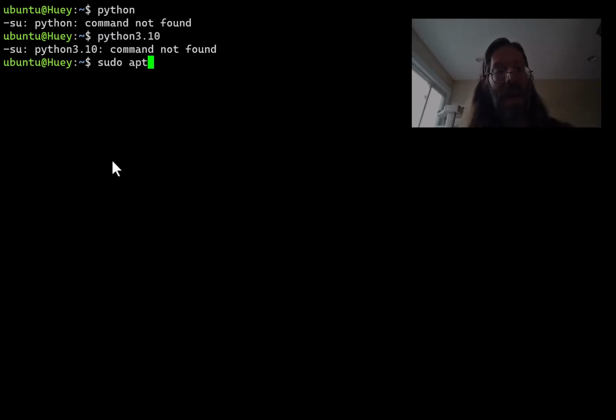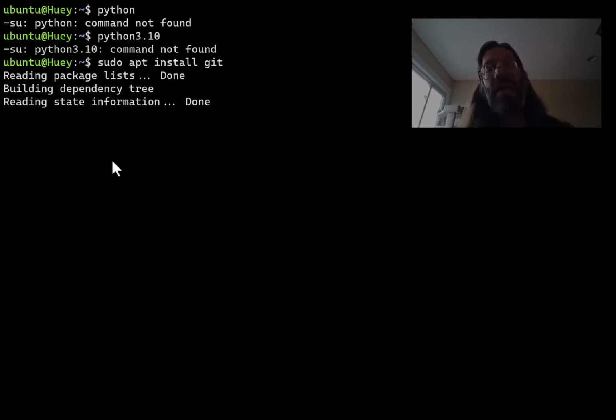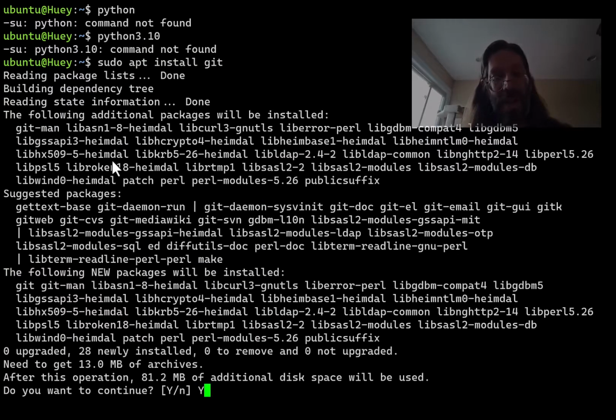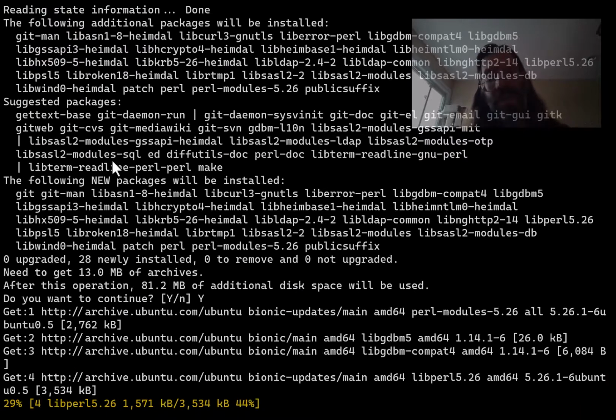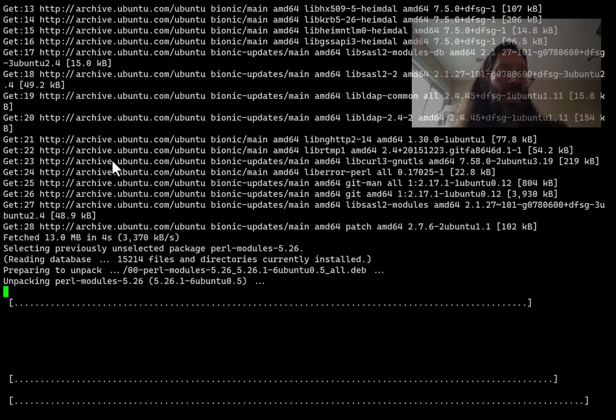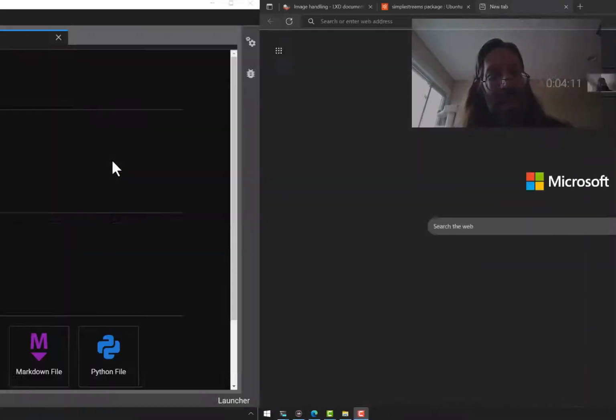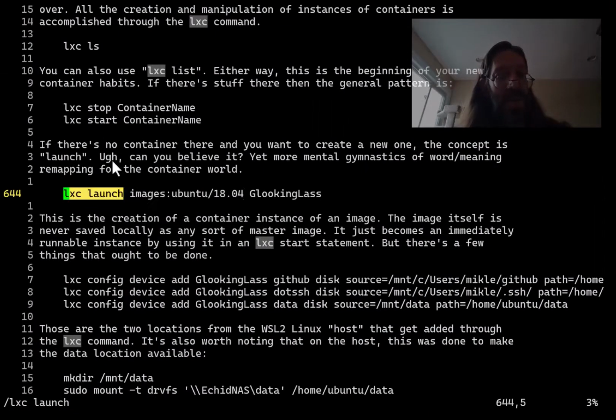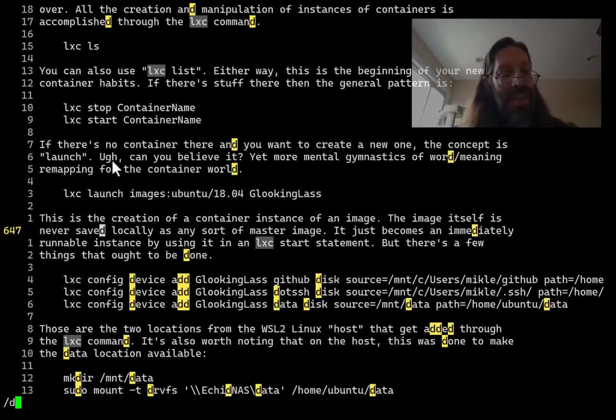Sudo apt install git, because you aren't doing anything without git. You answer yes to that. And this is just the magic, sprinkling in the magic fairy dust to make these LXC launched images useful, to have a little something on them. So we start with Git, and as that's going on, I'm just going to go to my notes here and look for